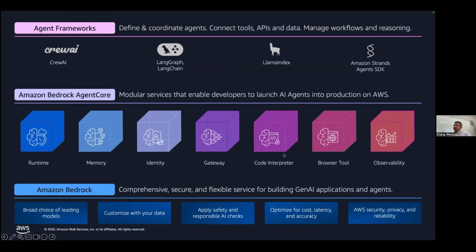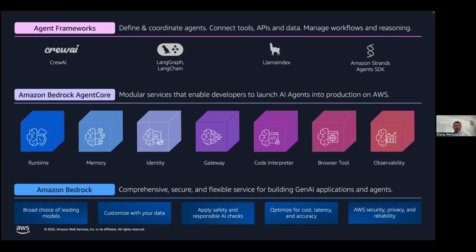And another component is the code interpreter. As you can see from the name, the code can be executed in this component. So the LLM can generate a lot of code. We can run the code in your demo on your own development machine, but in a real production environment, you need to run your code securely.